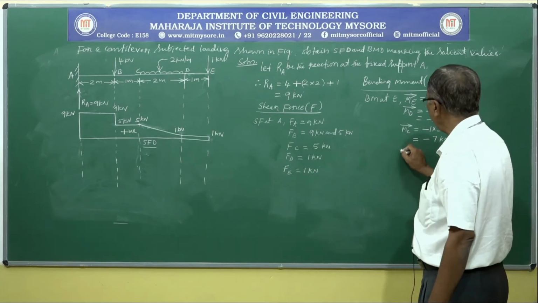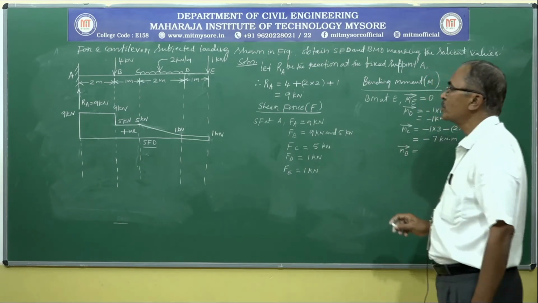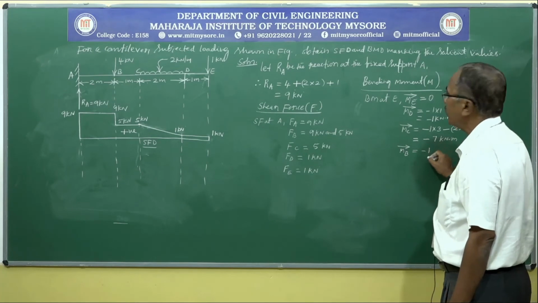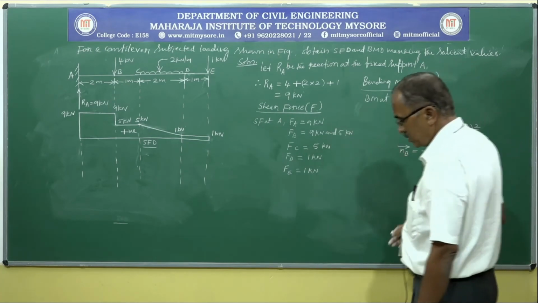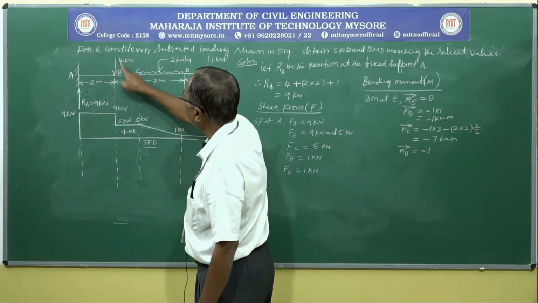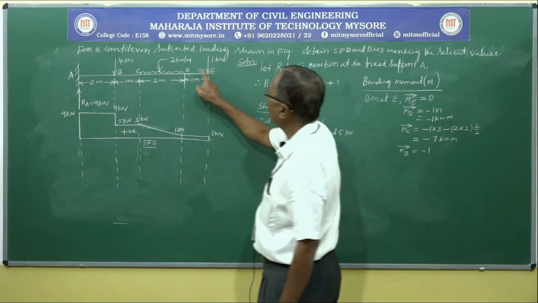Next, bending moment at point B, MB. Consider all the forces to the right hand side. To the right side there are 3, of course, including this point, this 4 kilonewton. This is not creating any moment and we are not considering that one. We have to consider both this point load and UDL.